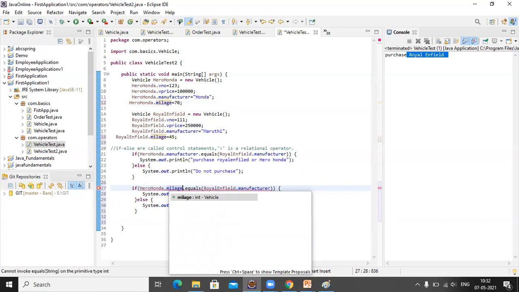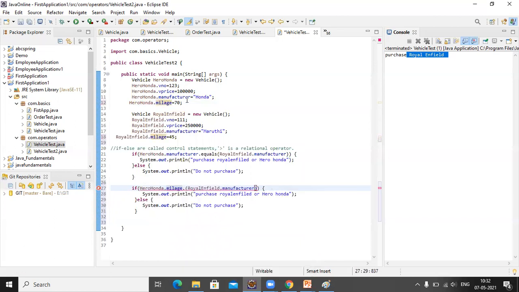If Hero Honda dot mileage equal to Royal Enfield dot mileage, then we will select any of the vehicles. Else, we will select, let's say, purchase Hero Honda.